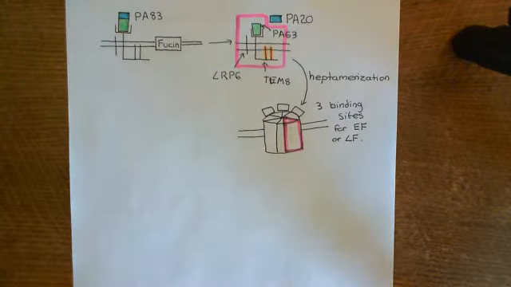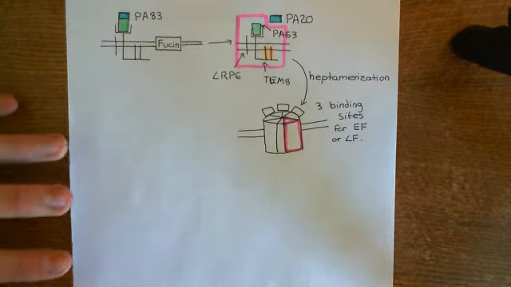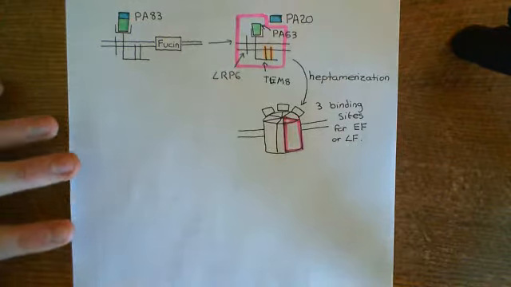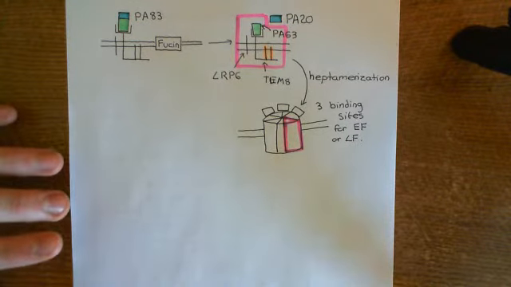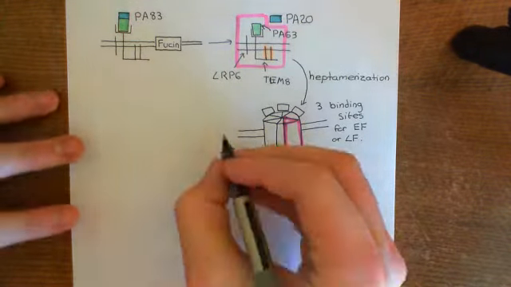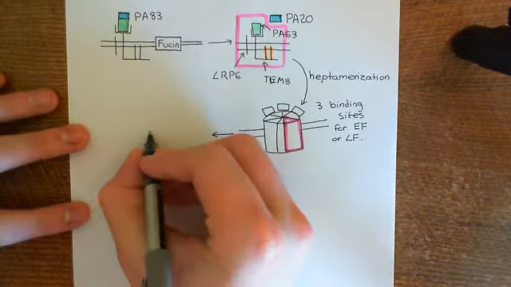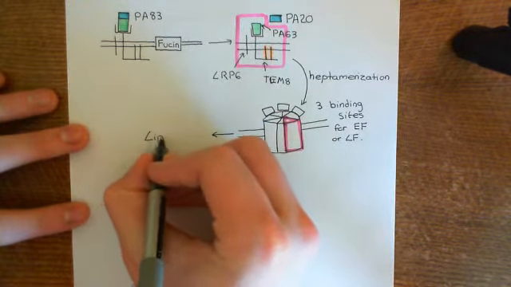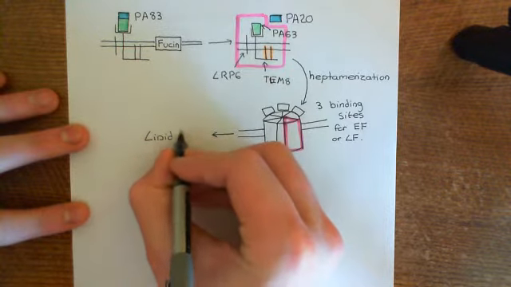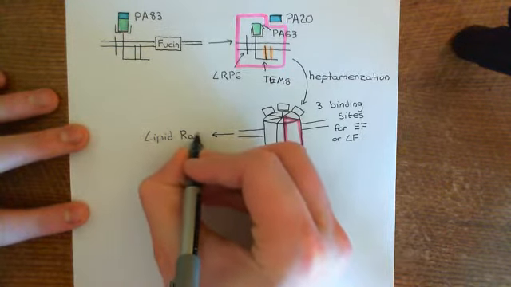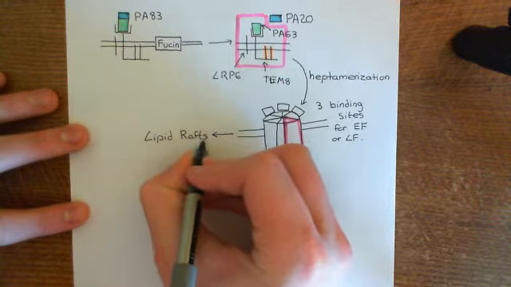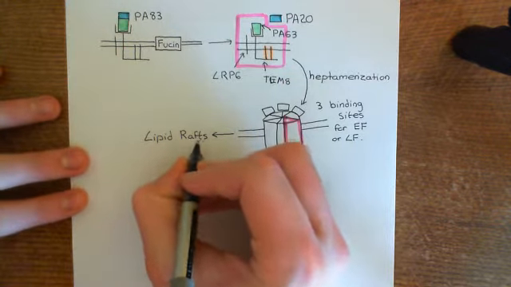Okay, right. Now, what does this cause? You've removed these palmitoyl groups now. What's the significance of that? Well, basically, this allows them to go into special portions of the membrane known as lipid rafts. Now, this is very, very odd, because these special portions of the membrane, which I'll explain in a moment, called lipid rafts, usually